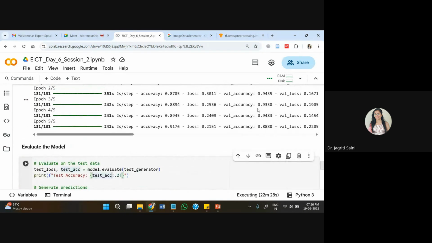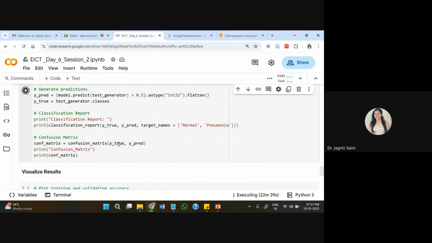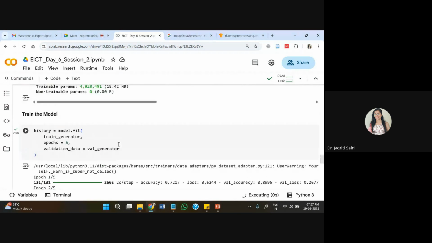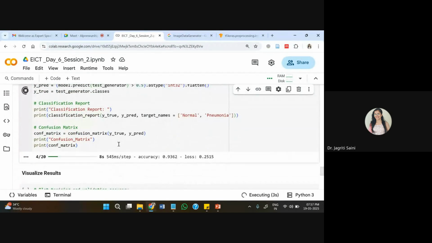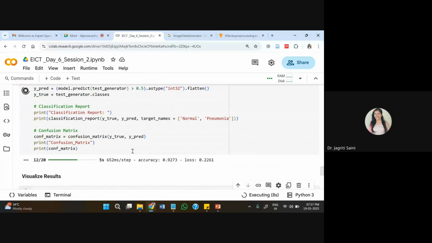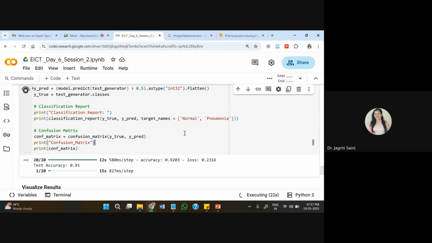So the validation accuracy is also done now. I can evaluate my model right here. Let us see what accuracy we get with the model. And then we can also visualize our results side by side. So we can see around 92% accuracy, which looks like a good option with a very basic model.